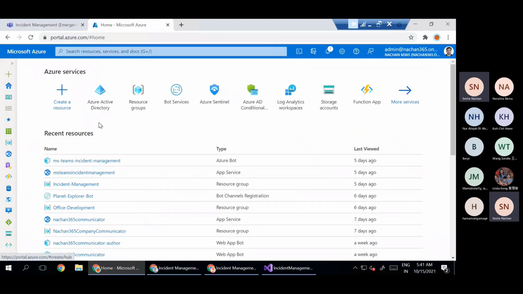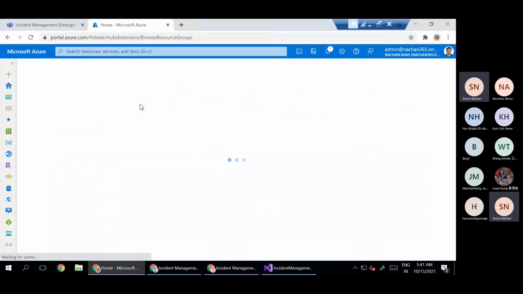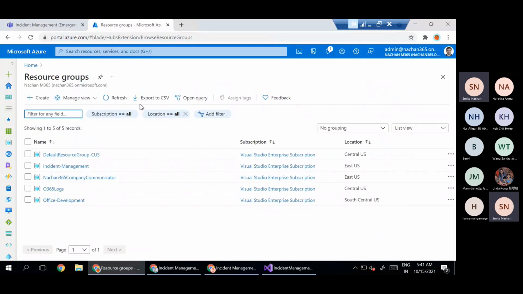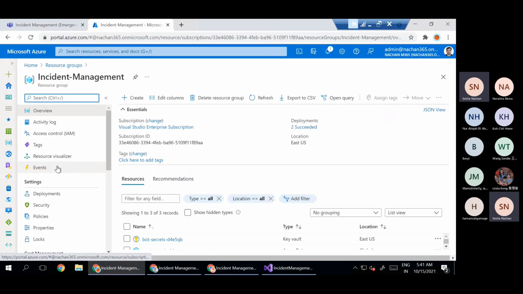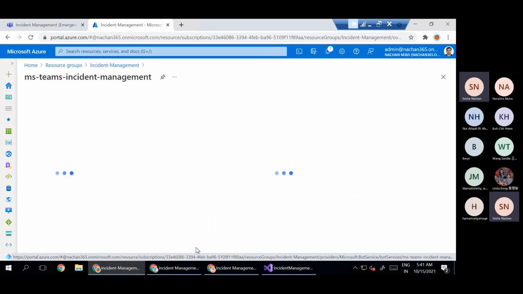So now I'm back on my developer machine, and from here we can just go to the resource group where all of those instances have been created. Here we have at least one Azure bot created, one app service, and that's it. We don't have anything else. So if I quickly go into this Azure bot,